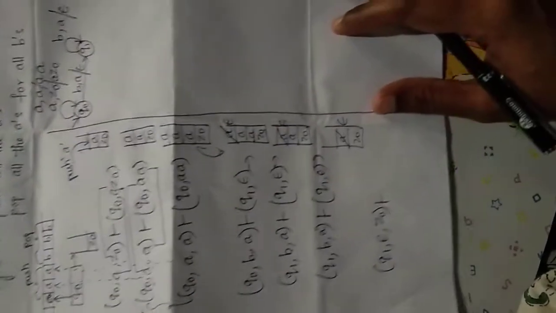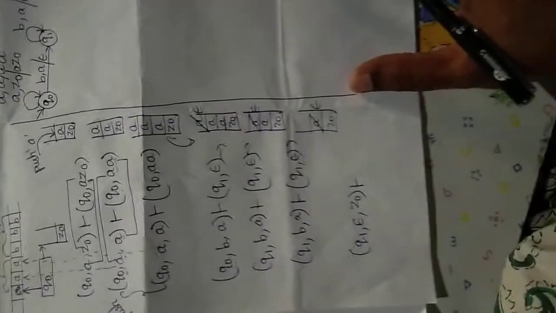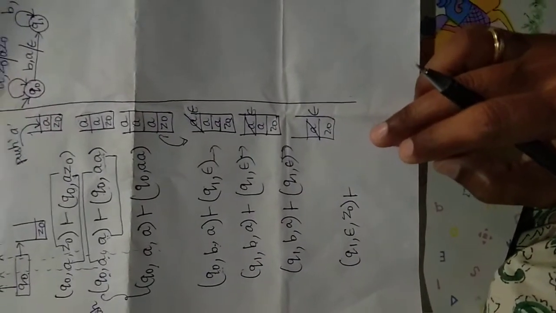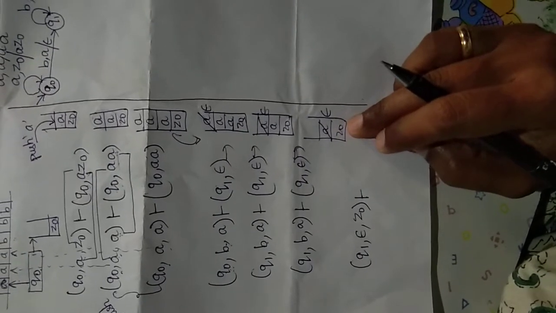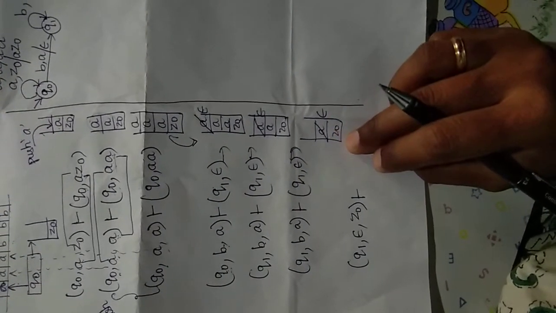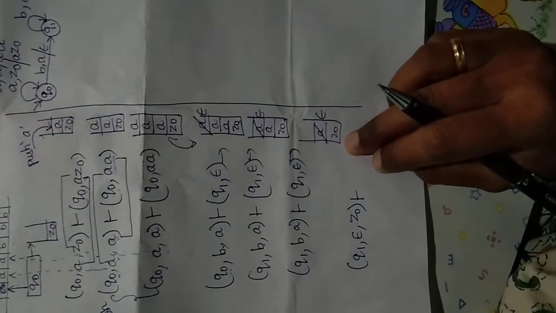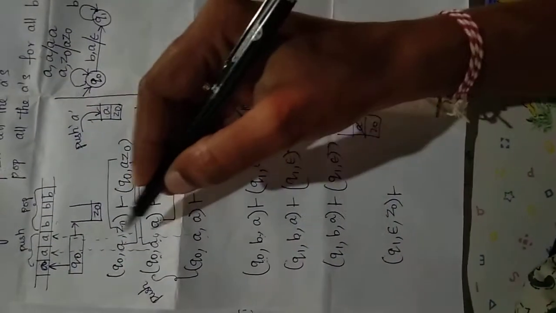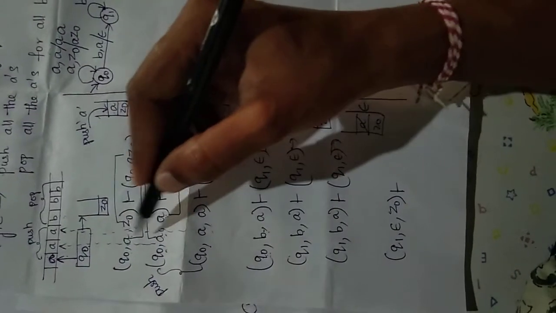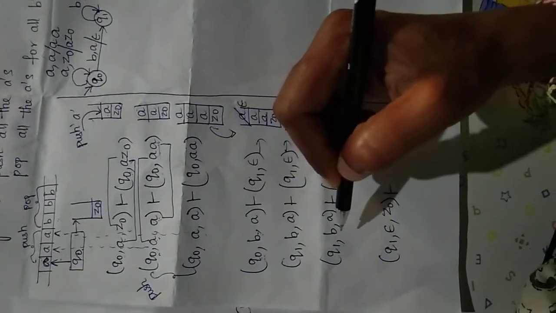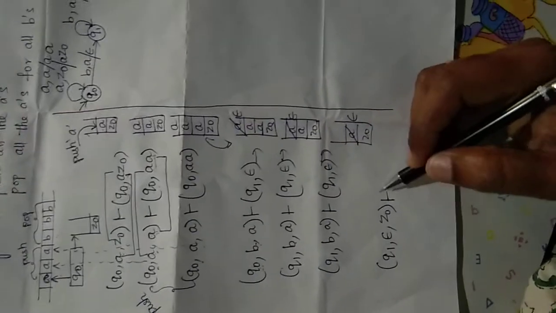Now what do you have to do now? Now you have two possibilities here. Either you can place the symbol Z0 as it is on the top of the stack, or you can empty the stack also. In two ways you can accept the string here. Now see this one. For 3 B's you are popping the 3 A's, means equal number of A's followed by equal number of B's. Okay, so this is A power n B power n.